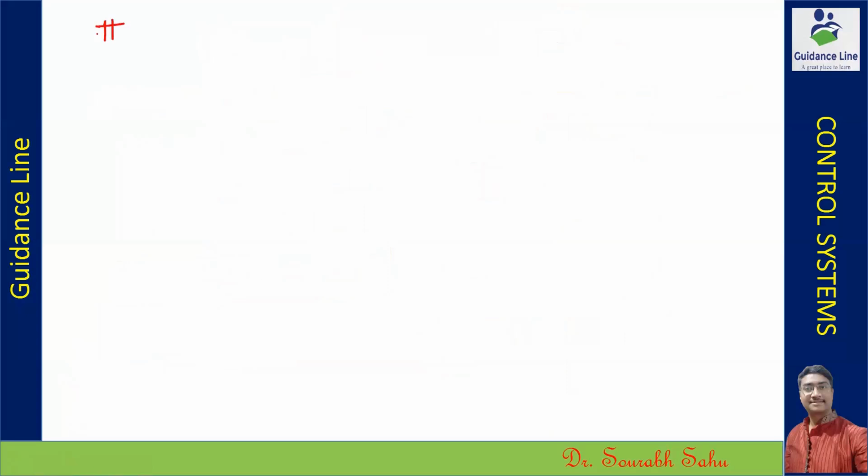Case 1. Okay, first case is what? When zeta equals 0. So for a value when zeta equals 0, if I substitute this particular value of zeta in the transfer function of a second order system, now you can see we have a modification in the system. So we have C(s)/R(s) equal to omega n square over s square plus 2 zeta omega n s plus omega n square.